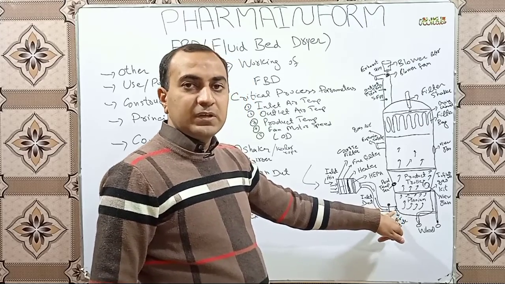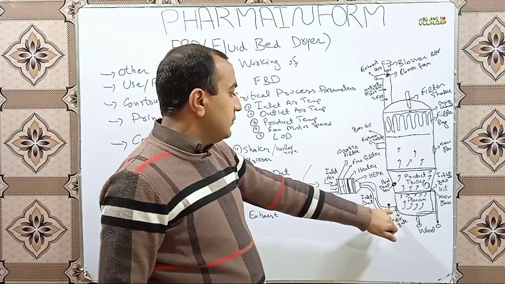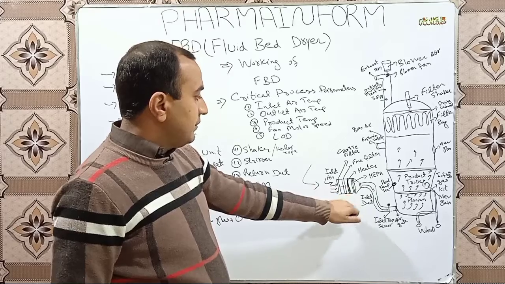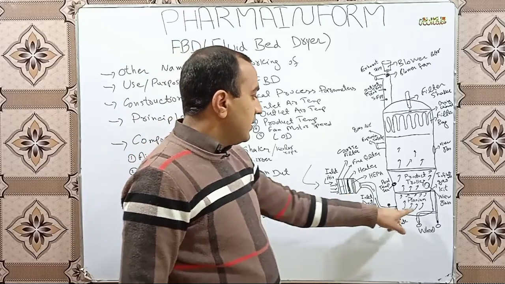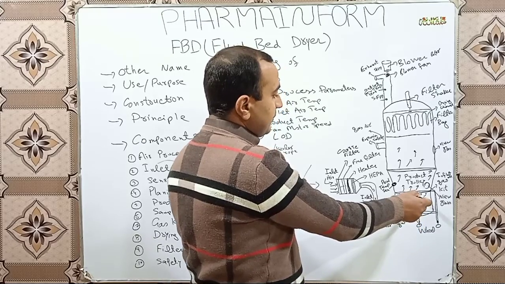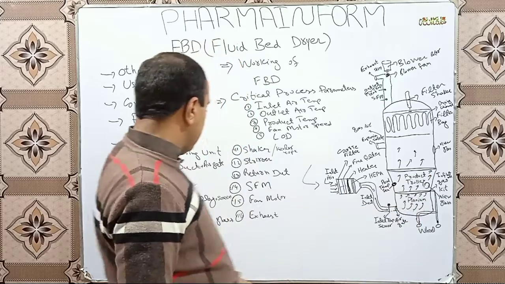First of all, we open the air gate, then we turn on the blower. When the air gate is open and the fan motor is running, our air will be processed, pass through the inlet duct, and come into the plenum of the dryer. From this plenum, it will come into the product trolley. Here we skip the